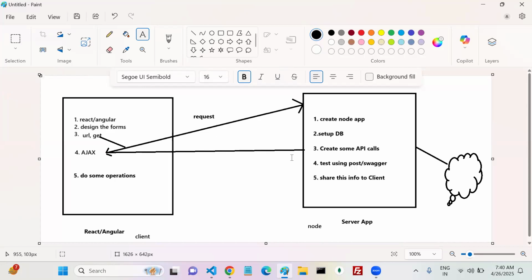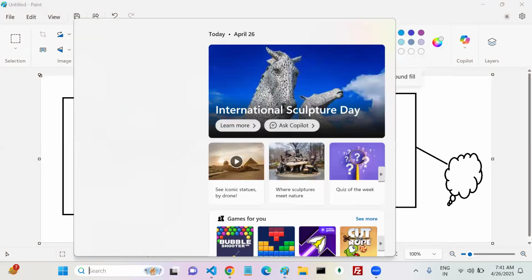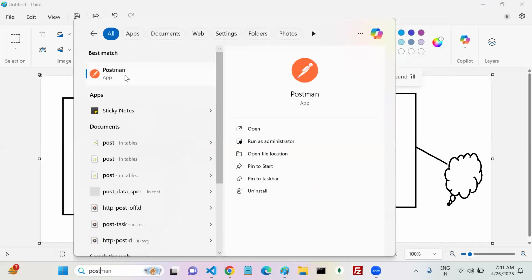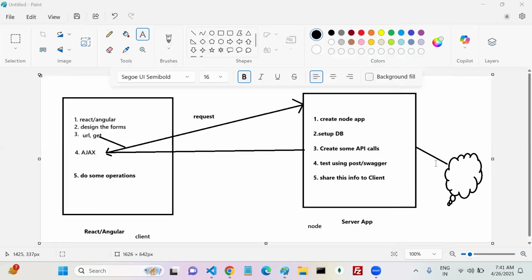Now you already created an endpoint, right? Using Postman you can test it. Swagger you already completed. So Postman is like one software. You can install this software. Now if you come here,